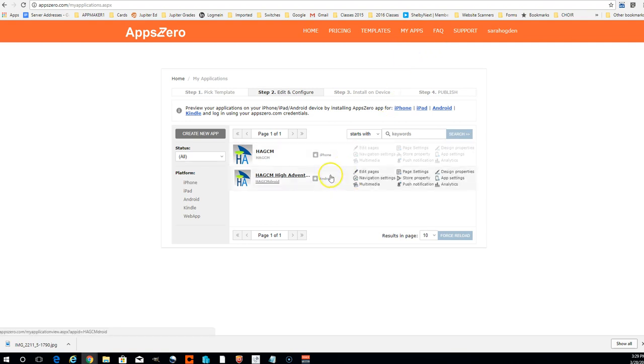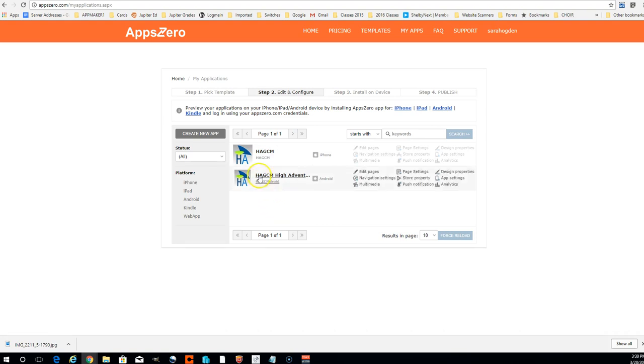And so you're going to click My Apps, and you have two apps. You have the iOS app, and you have the Android app. So you do have to make the change in both apps. So whatever you do to one, do to the other, so that it can populate everyone's phone, whether it's iOS or whether it's Apple. I'm going to just go ahead and make changes in the Android version, and you can see to the right it says for Android, and this one says for iPhone, so you know which one you're working on. It doesn't matter which one you start on. You just, but whatever you do to one, you also must do to the other,